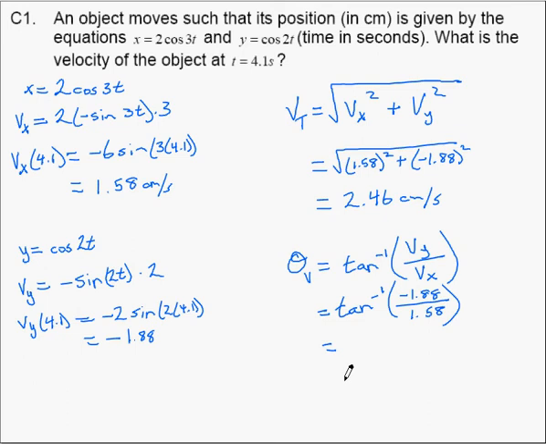Now, because we have negative 1.88, that tells us that we are in quadrant 4. So our answer ends up being negative